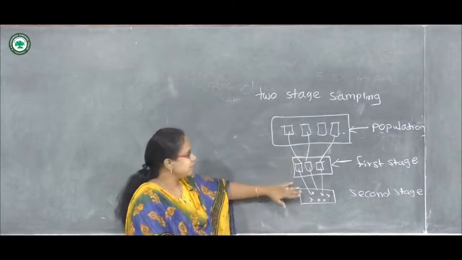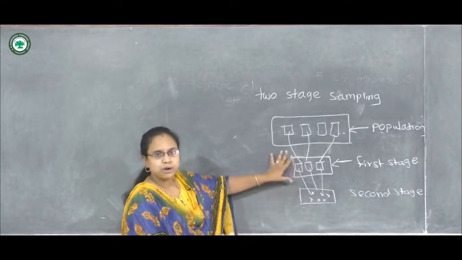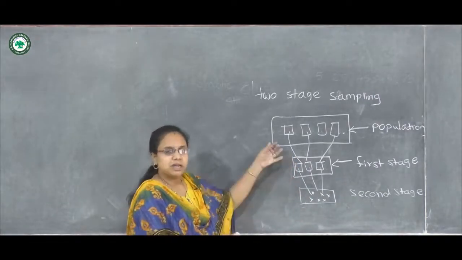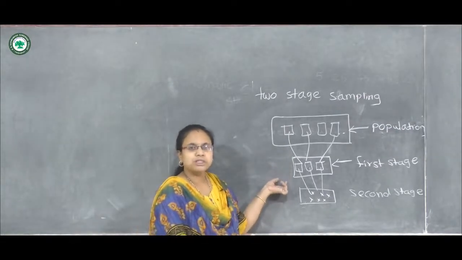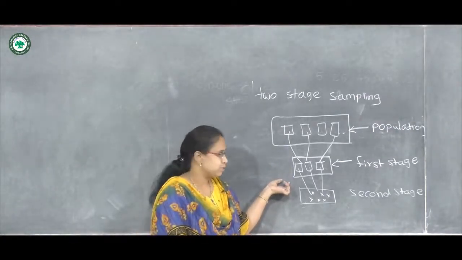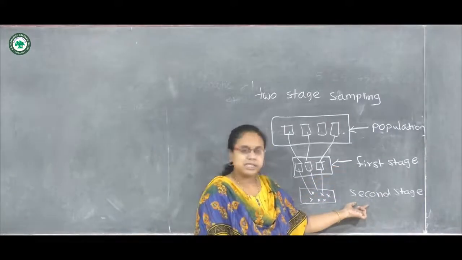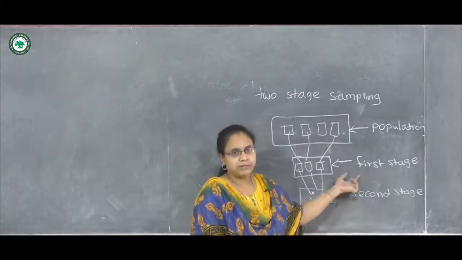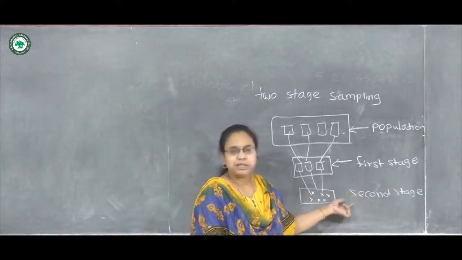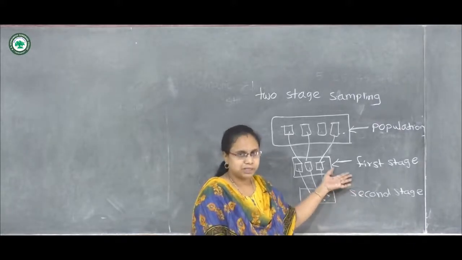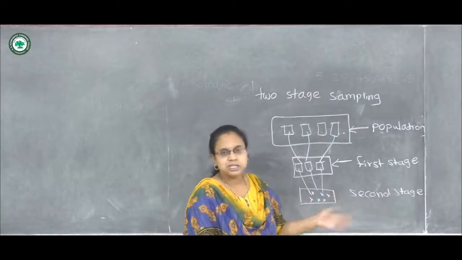Instead of taking the whole cluster as our sample, we are going to do the sampling again. In between these we can use any sampling method. We can use stratified sampling or simple random sampling, and the method used for the first stage and second stage may be different. So a random sample can be selected by different methods in between these stages.